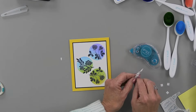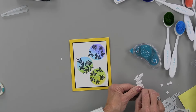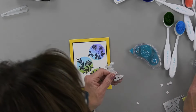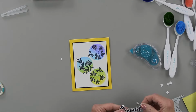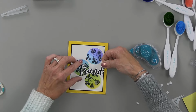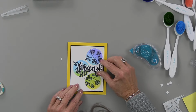And of course, I lost my tweezers again. Probably somebody sees them. I'm looking around, trying to find them. They could be anywhere and everywhere. It's my only pair, too. So I'll just eyeball this. And I think,